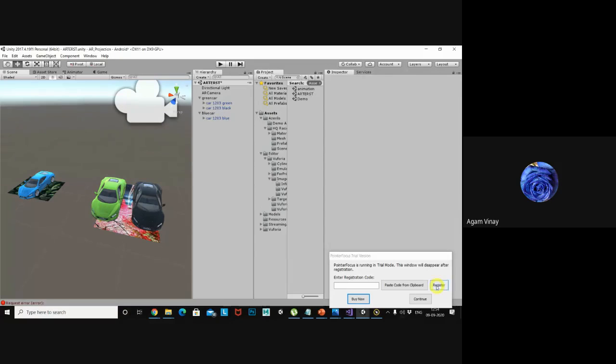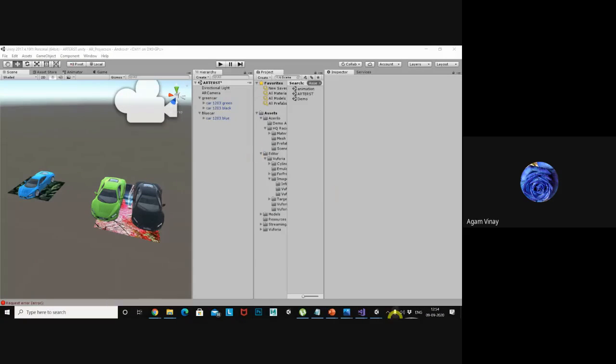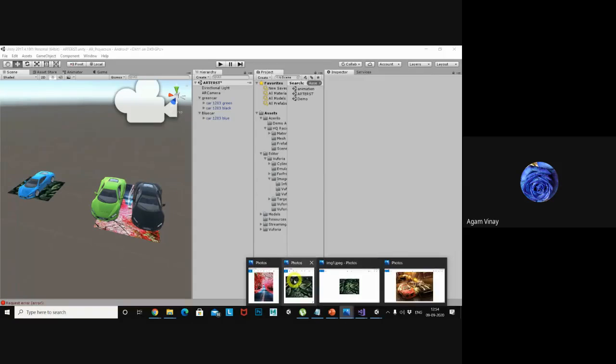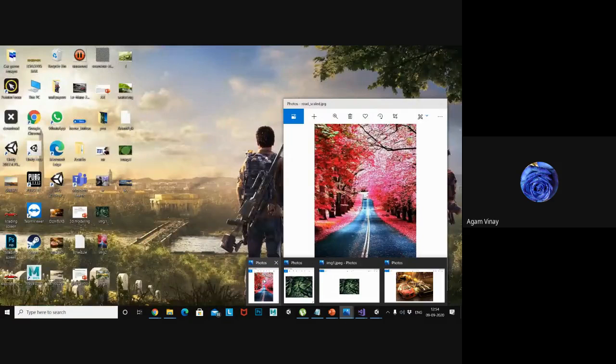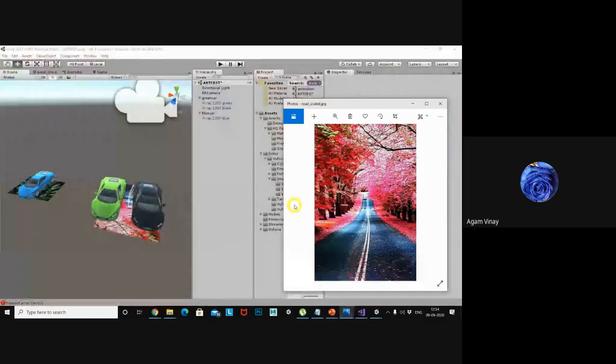I will show you once it is done. AR projection is my script.